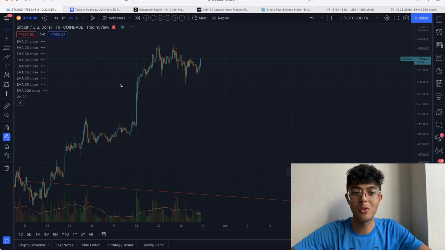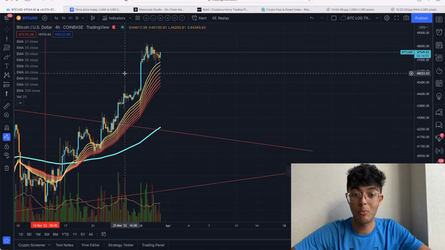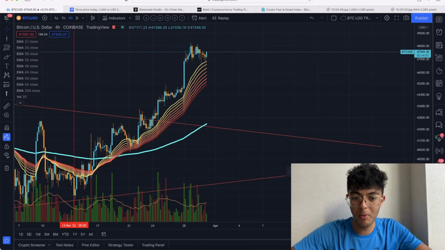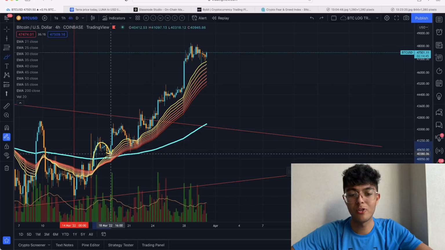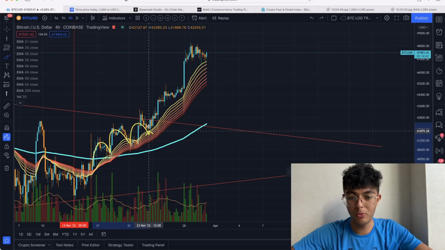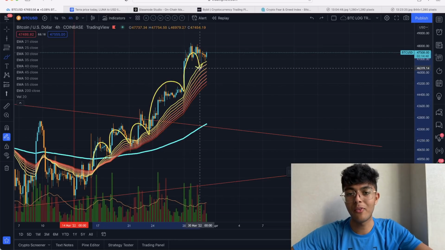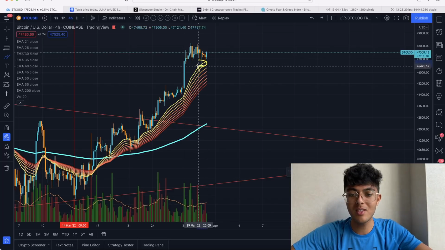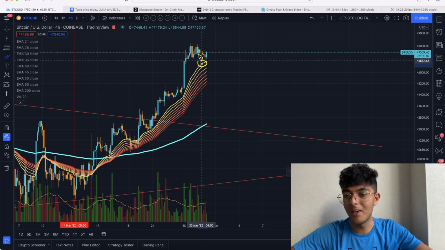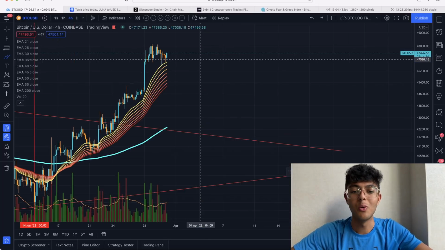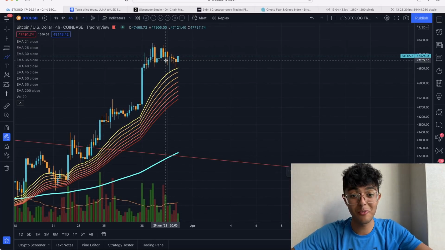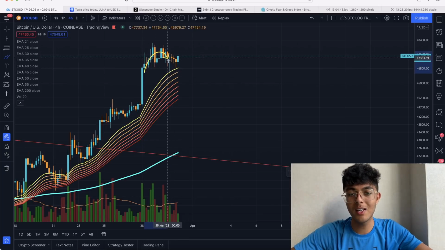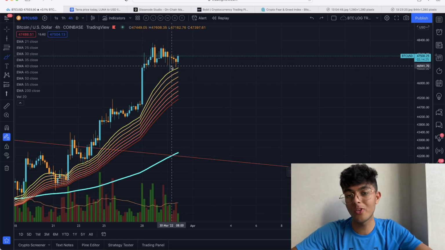Not on this time frame though, on the 4 hour time frame, which in my opinion is far more important. It's already helped the market fairly well, right? As soon as we got this bullish crossover right here, it allowed the market to bounce into this zone multiple times consistently and find support. And we've done the very same thing now just recently, today, depending on your time zone where you are in the world, and that alone is also extremely impressive, because that's showing us that the market is continuing to find support at these